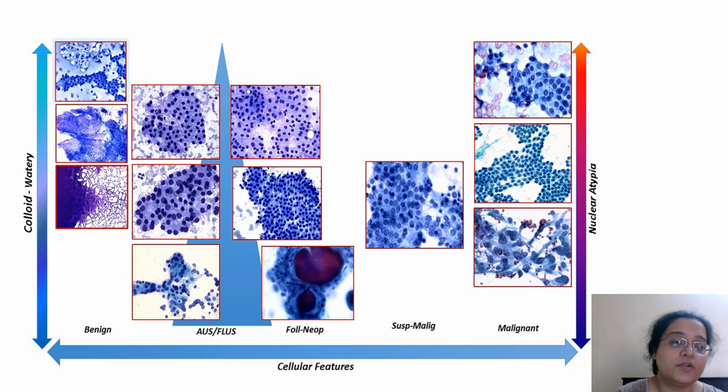Always remember that something which is benign will have a lot of colloid, and as you go towards atypia, the colloid may become, if it is a papillary thyroid carcinoma, sticky chewing gum like colloid you are going to see. Sometimes very watery fine colloid can be there, very scant amount of colloid can be there. So as you go towards malignancy, the colloid will decrease and the cells will increase, and the cellular features will become atypical. So this is how you remember what happens.